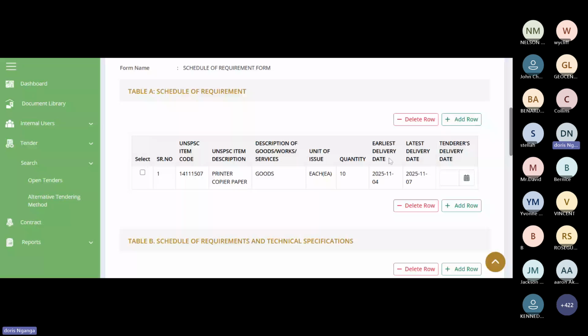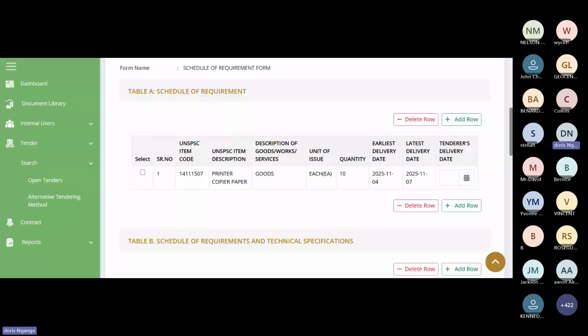The procuring entities have given you these dates, the earliest delivery date and the latest delivery date, when they expect to have these items at their stores. So you as the supplier will give the date that you are comfortable with, bearing in mind the dates where the procuring entities have said they would really want their items to be delivered: between 4th November 2025 and 7th November 2025.